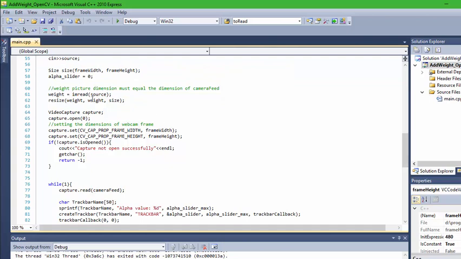And then we have the BMW image. We resize this BMW image to the size of what we actually need. It is resizing to the frame width and frame height, because every single image that you're blending together should be of the same dimensions. You have to remember this: if you are blending two images together, they should be of the same dimensions. Now we have set the dimensions of the webcam and the BMW image to be the same.